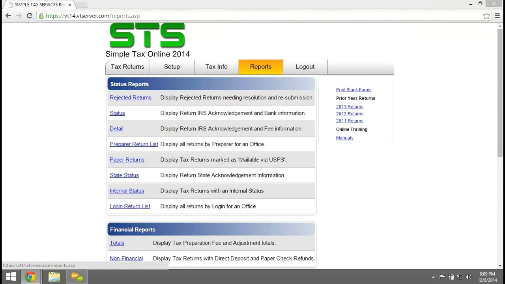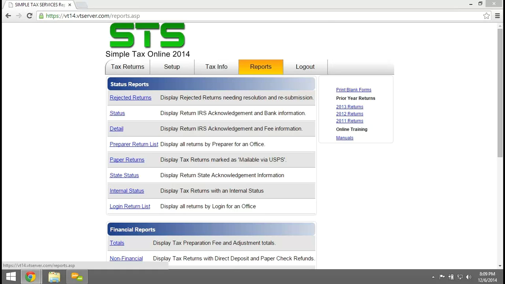Again, your fee schedule, go to simpletaxsupport.com. There'll be a link there for you to fill out a form and submit that form to us. We will also be including a link to that form in the software release email that you will get from us. So I want to show you guys